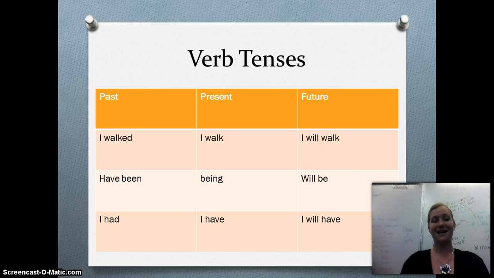An example of a past tense change is have been, being and will be. Okay, so if this is news to anybody, watch this again. Okay, usually past tense words will have an ed on it, or the word has changed in general. Alright, present tense words tend to be the ing. Okay,